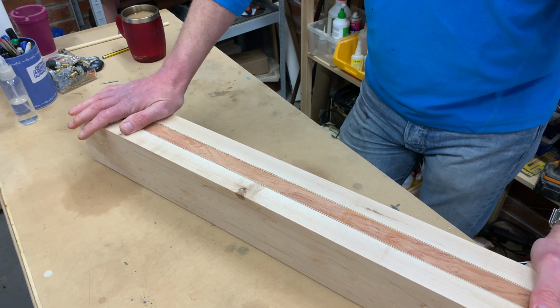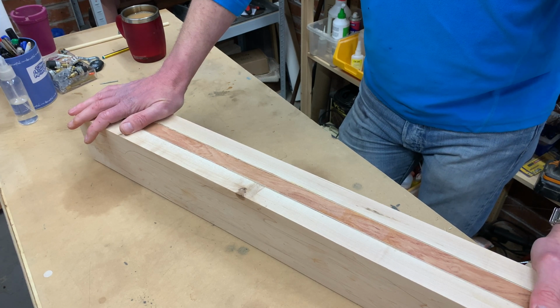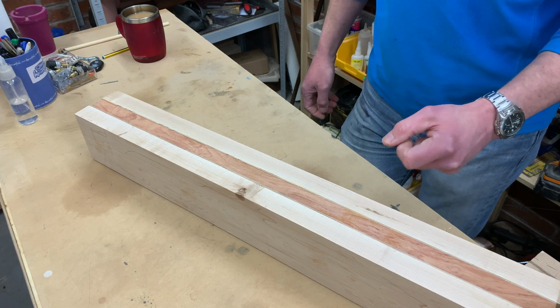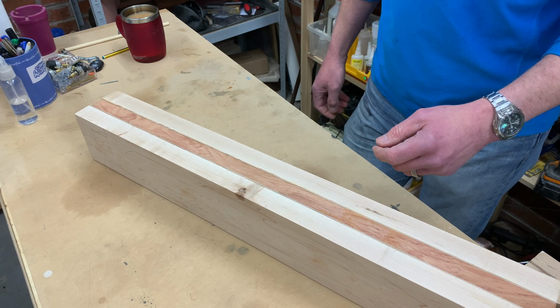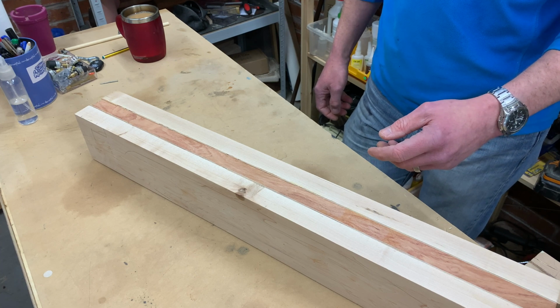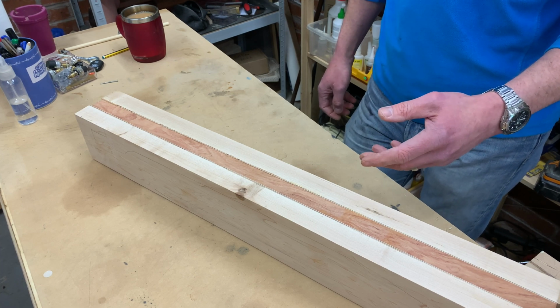So we'll do the majority of that on the planer that I've got. We'll give it a few runs through that and get it cleaned up. The planer's very loud, so I'll turn the sound off for that, because otherwise you won't have any eardrums left, especially if you're on headphones, because it'll be very, very